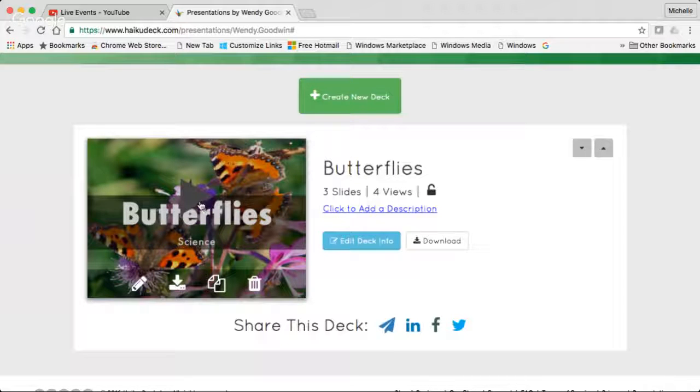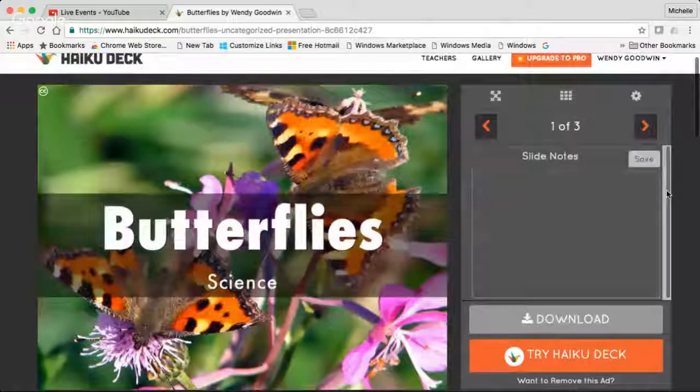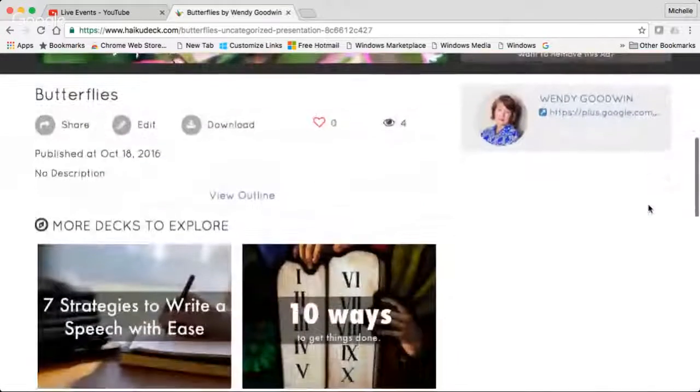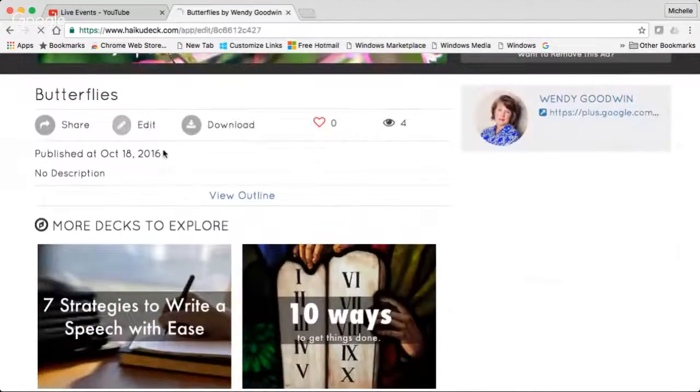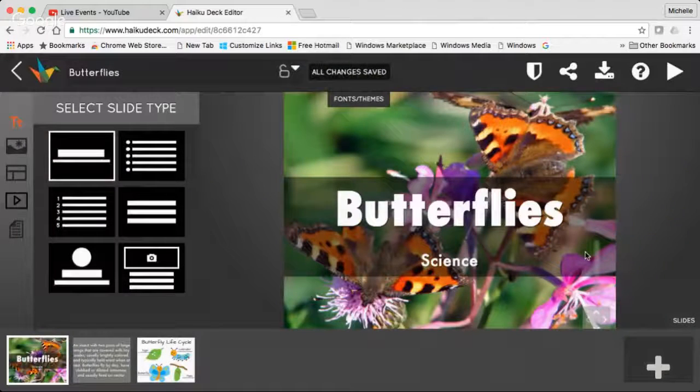This is one I created yesterday very quickly on butterflies. And so I would say edit. Oh, sorry, that's not my notes that I want to edit. I want to edit here. And so I wanted to go in and show you what the editor looks like a little bit. If you have not used HaikuDeck,